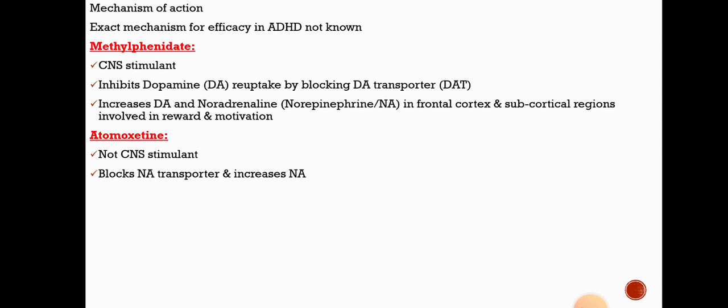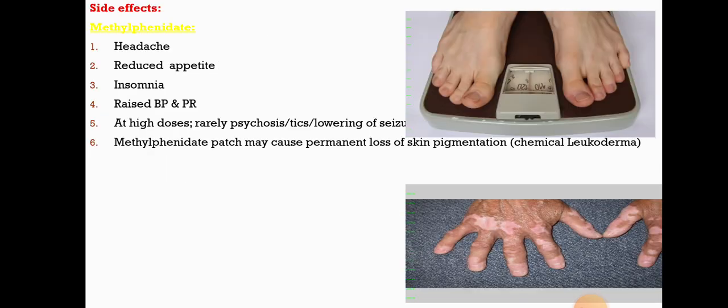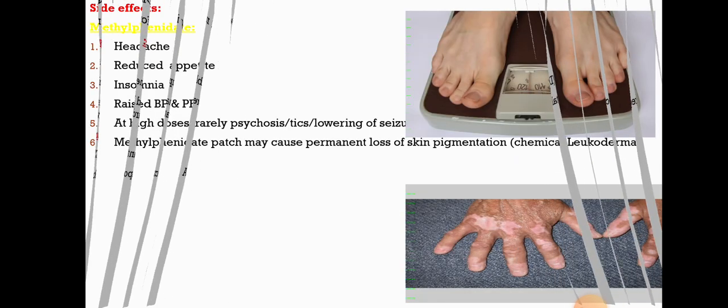And coming to the other drug, atomoxetine, that is a non-stimulant drug. It mainly blocks the norepinephrine transporter and increases the norepinephrine levels, that is, noradrenaline levels. And next, coming to the side effects,